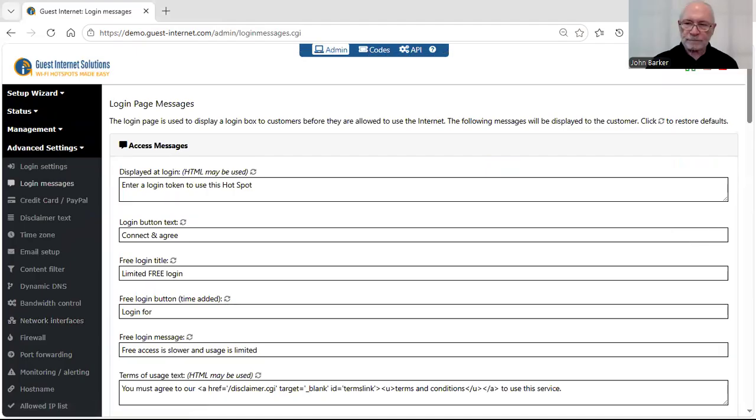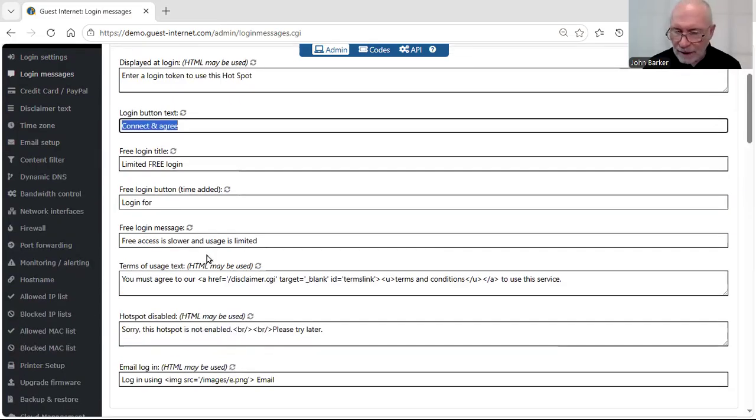Now, any message that's presented on the login page can be edited here. So you can see that we can actually change the text. We can translate the text. We can put it in any language that we want. We can use any characters that we want. And so it makes it very easy to customize the login page, all the interactions with the customers, using